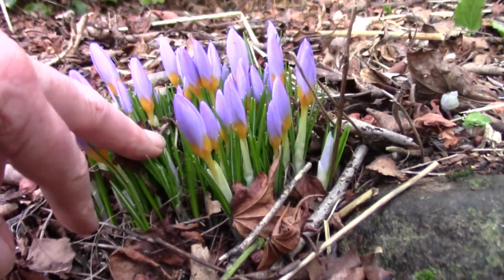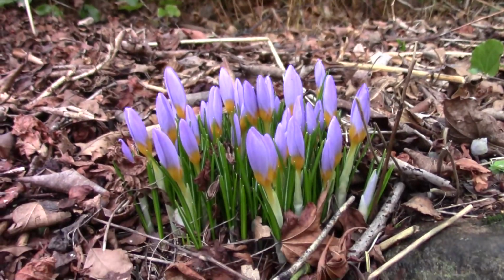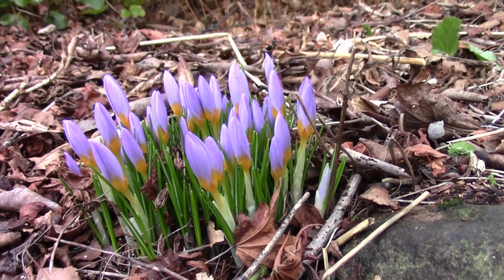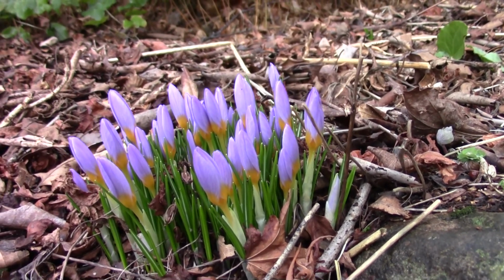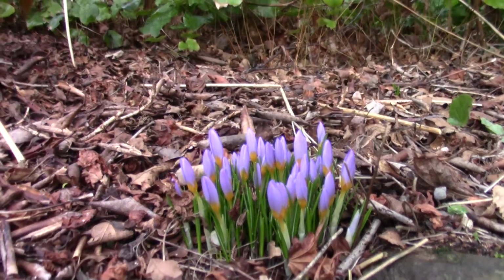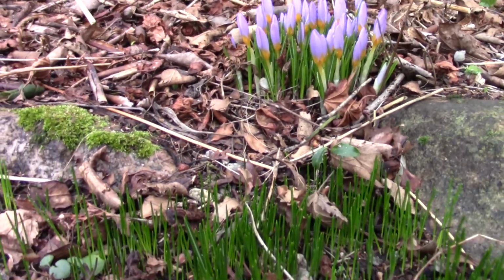Crocus atticus, look how it's increased. That's good. I'd actually prefer if they didn't increase so rapidly, and it just means I have to lift them more often. But even more exciting than that is if I just come forward down here